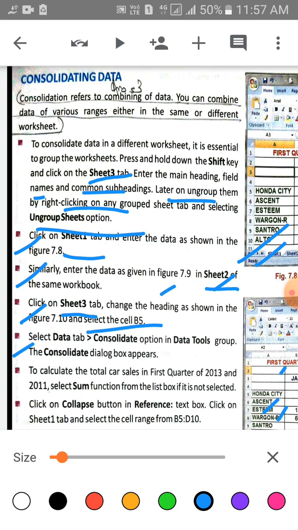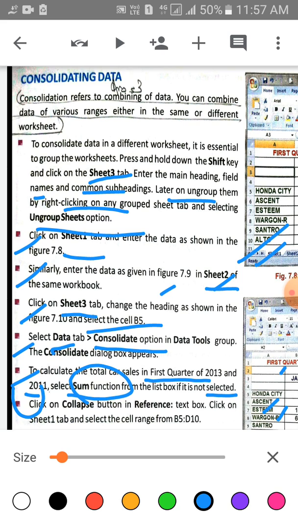Then select the consolidate option in the data tools group; the consolidate dialog box appears. After that, to calculate the total car sale in the first quarter of 2013 and 2014, select the sum function from the list box if it is not selected.